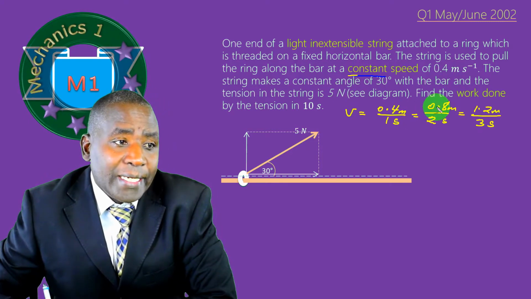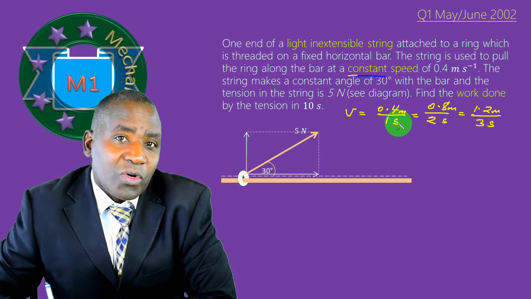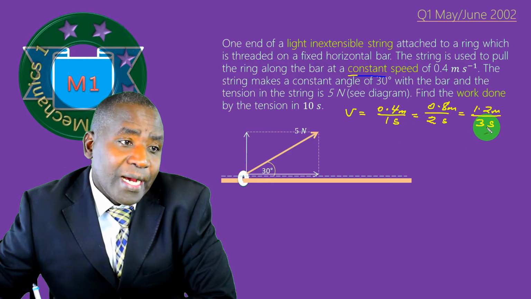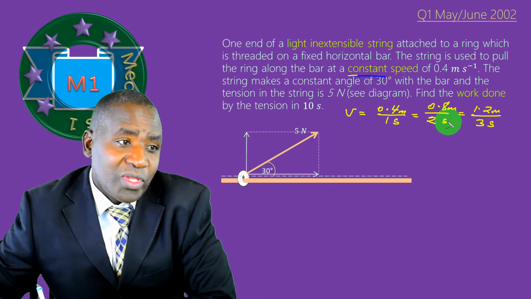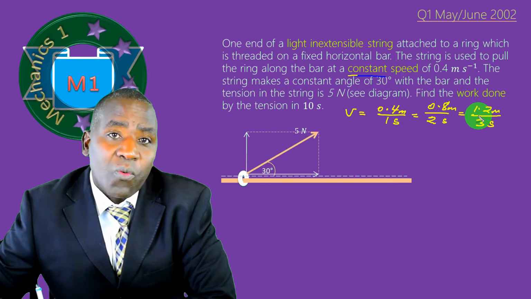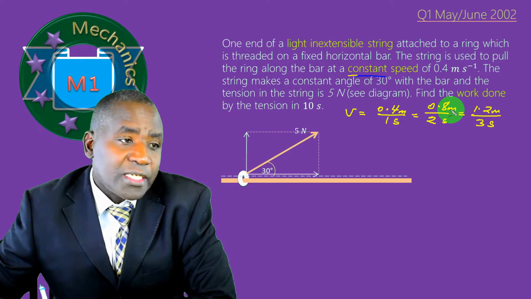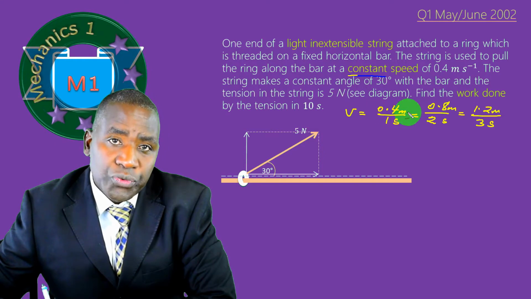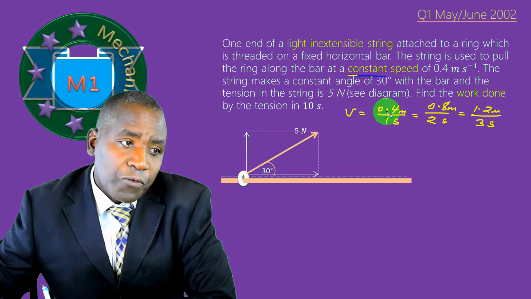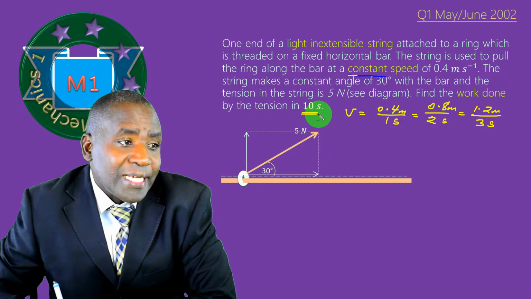So that is why I added 0.4 here, because for me to get 2 seconds, I added 1 second onto 1 second. Now for me to get 3 seconds, I added another 1 second onto 2 seconds. So that means I will add 0.4 meters onto 0.8 meters to get 1.2. Alternatively, for me to get 0.8, I multiply 0.4 by 2. For me to get 1.2 meters, I multiply 0.4 by 3. And the distance covered in a time of